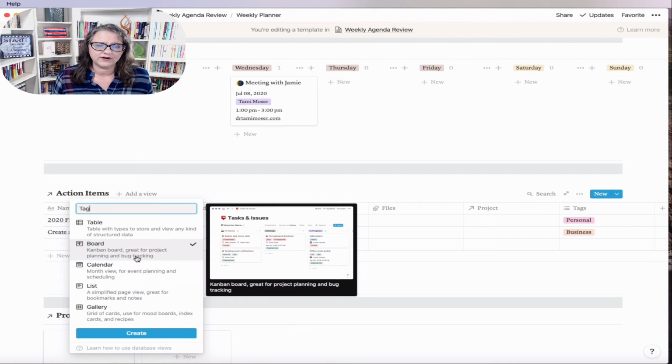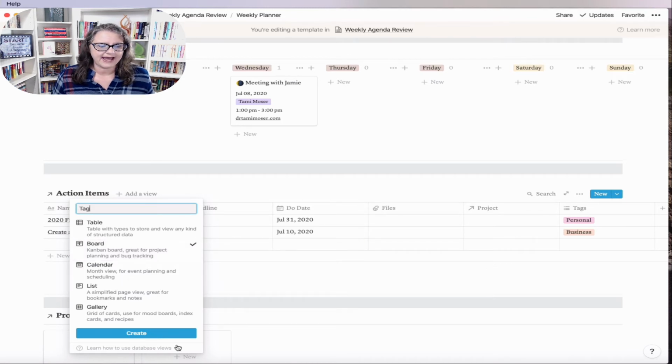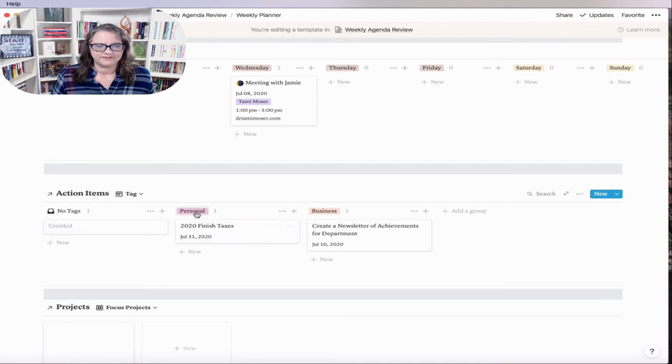Now, the thing about the board is that the only way a board can be used is if you've actually got a tag set up, and it'll differentiate the tags that way. So you can add a new group right here. If you go, oh, I want a new tag, I can put it right here. And you can create a completely new tag system that would separate it out, like we did up here, days